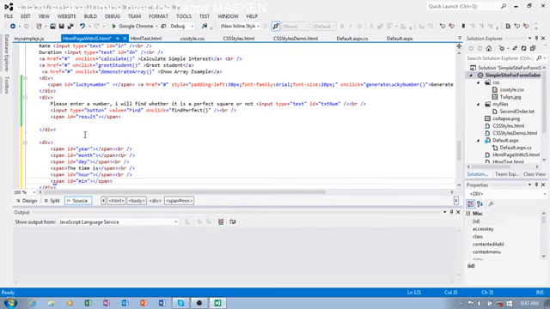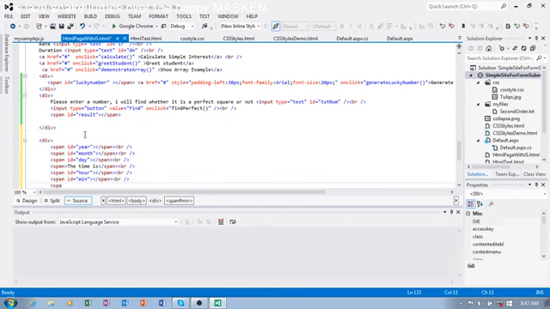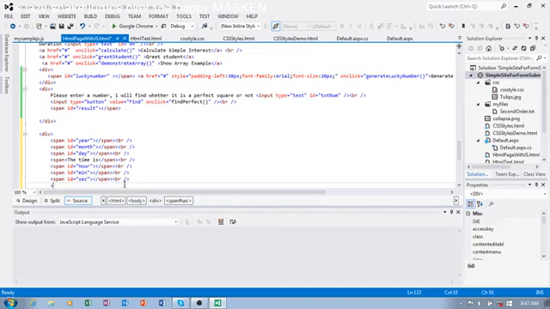Then again use br tag, followed by span id is second, like this you can put it. Then after this put a br, then put a link here, a href equal to